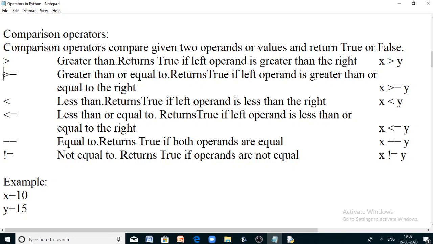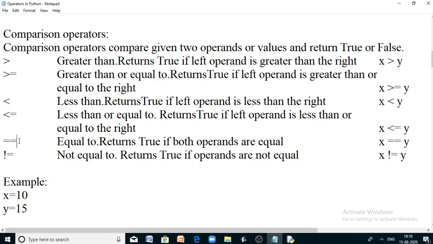Like that, less than or equal to will check whether the left operand is less than or equal to the right operand. If it is, it will return true, else it will return false.